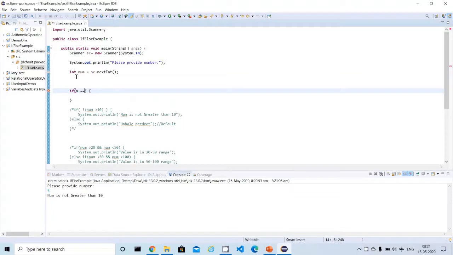I'm going to use a very simple way, x equal to 5, this is one of my checks, or x equal to 10. So what I'm trying to do here is check whether x might be 5 or x might be 10. If any one of these conditions is satisfied, either left or right, then I'm displaying x might be 5 or 10.